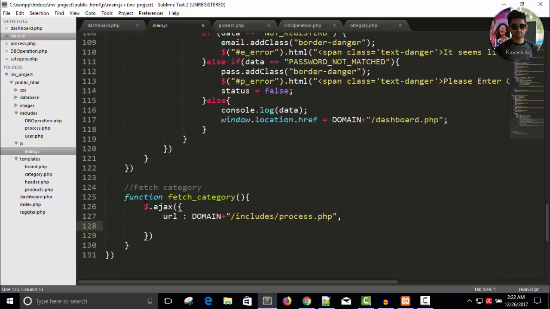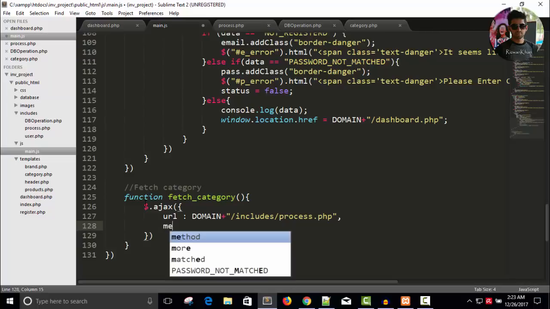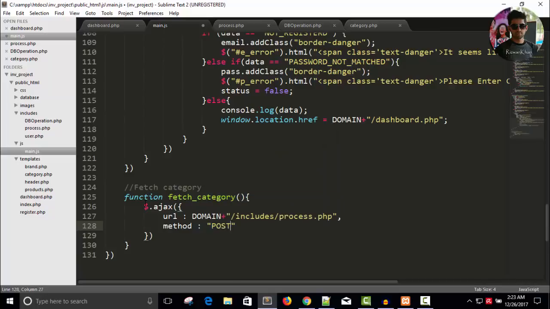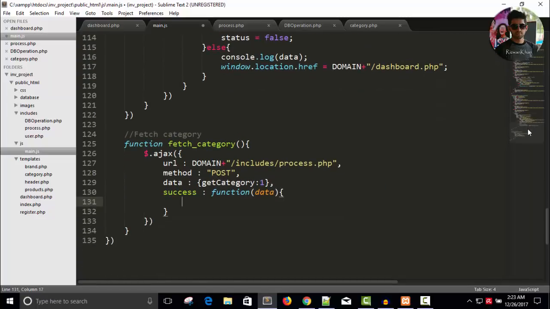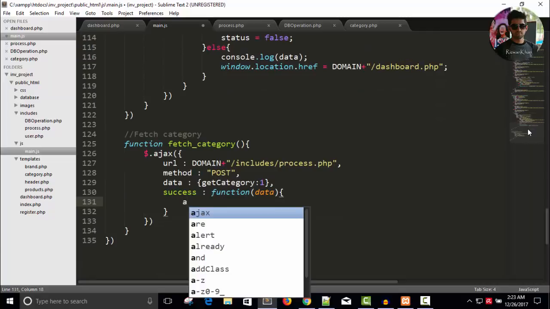So I want to get records from category, that's why I'm calling a fetch category from this page, and method post, data will be get category. To enable a particular block of code I'm using get category, and let's say success function. So we need a response, name it as data, or you can also say response. Now wait for alert,